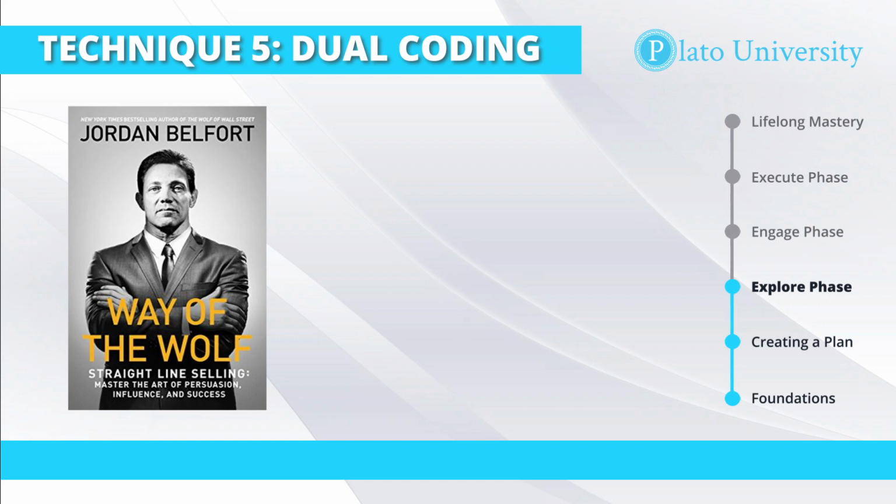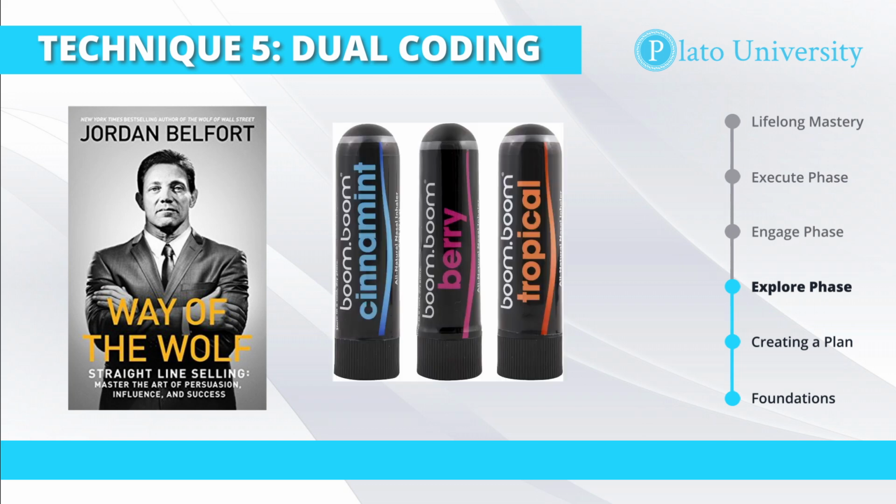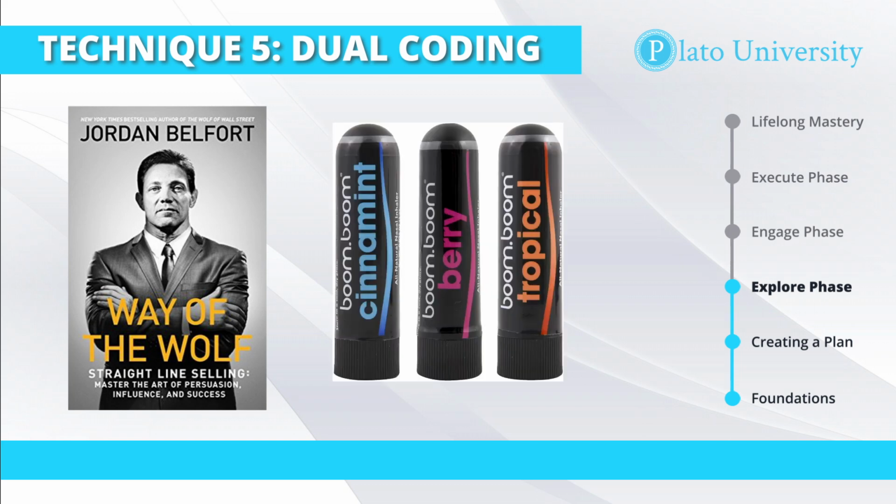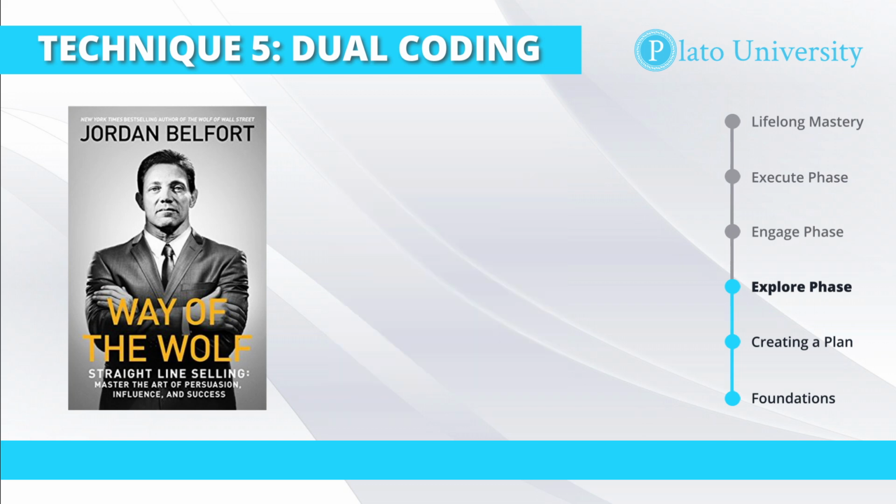So what he did was when he was learning his sales script and before he went to go give a pitch, he took a big smell of these extreme essential oils called Boom Boom and then went in and delivered the pitch. And what this did is it anchored both the script and the emotional confidence that he had when delivering that pitch. So that every time he delivered that pitch in the future, he just took a smell of that Boom Boom and was able to go into the room with confidence, deliver the pitch, and be able to